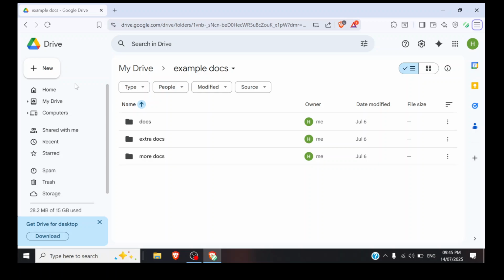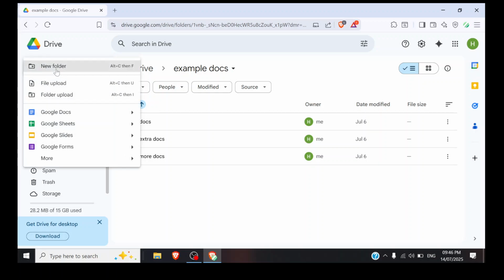In today's video, I will guide you through how to create a shareable link for photos in Google Drive. So to get started, open a web browser. I am using Brave and then go to Google Drive. So make sure you're signed in, and then once you're in your Drive, go to the top left, then press